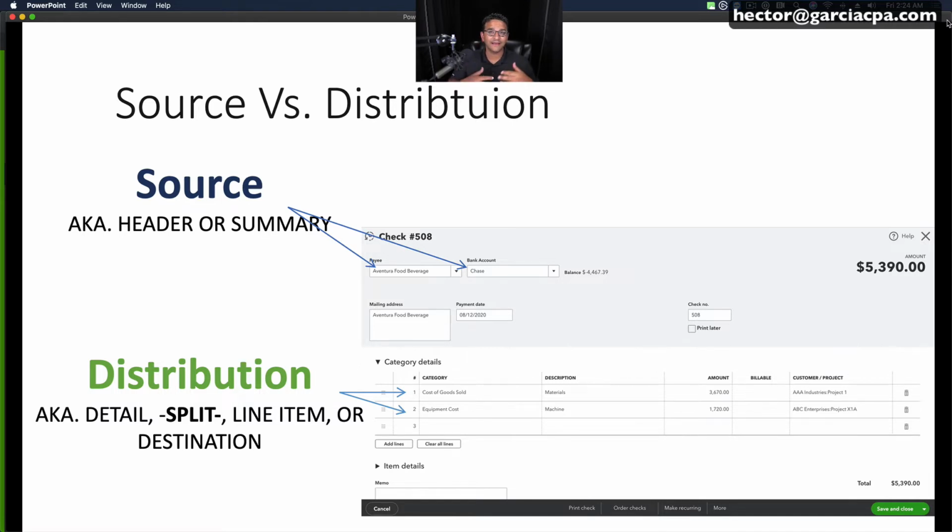Whereas the details of what you're buying with that check, the expense categories that you're recording the transaction for, and sometimes there'll just be one category. In this example, there's two. These would be the distribution lines, the detail lines, the split lines, the line items, or the destination. So that's typically the terms